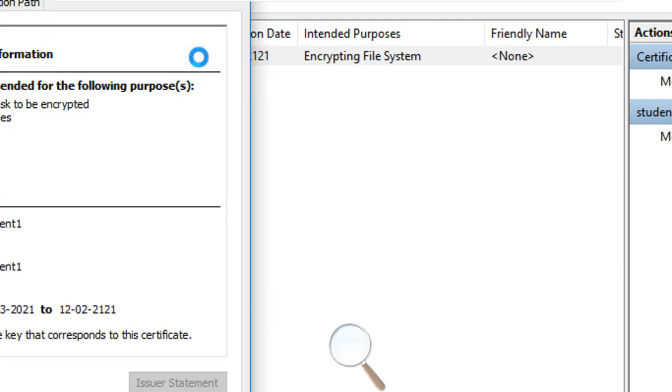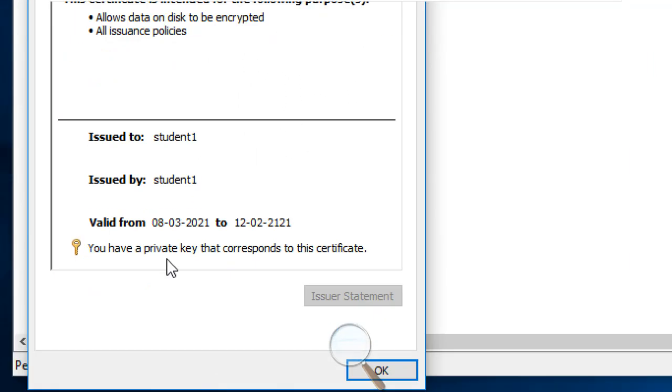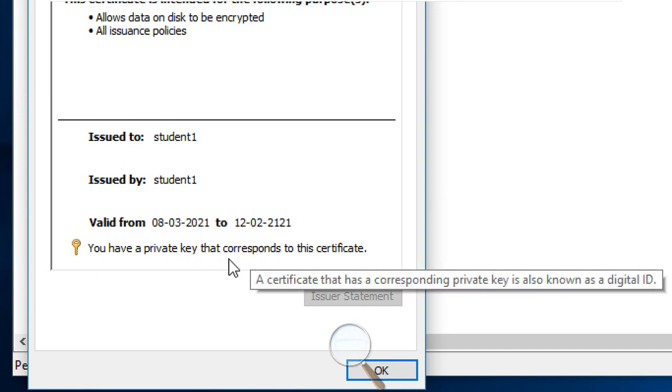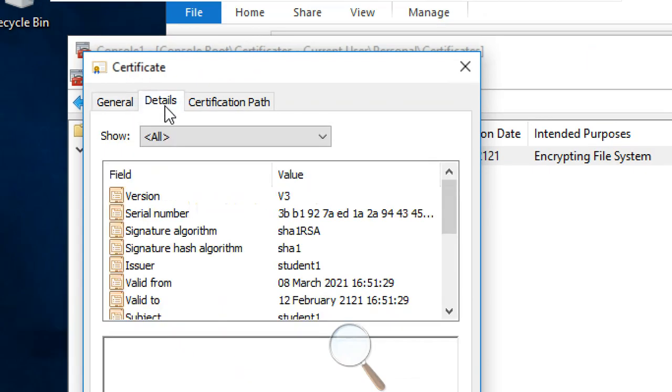Double click on it so you can read the certificate. It was issued on 12th Feb, and expires in 2121. So as long as your system is alive, the certificate will work. It allows data on disk to be encrypted, with all issuance policies.